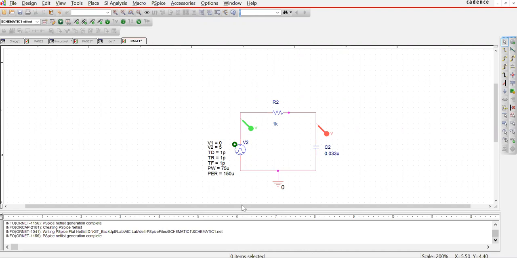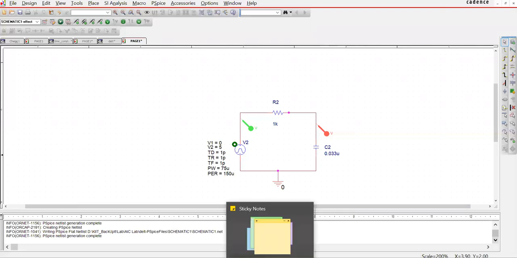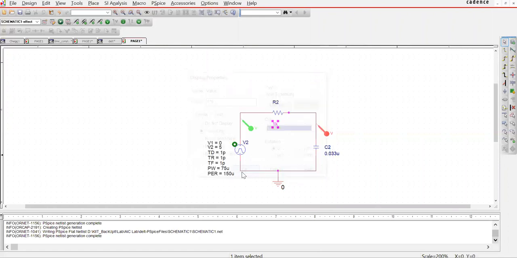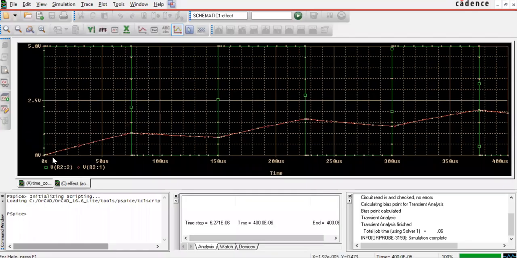Now, third one, let's see the analysis to show what the effect of the time constant is. Now in the first case, let's make the time constant very large. So what will happen now? If the time constant is very large, then we can see it is working as an integrator, right? It is working as an integrator. This is a pulse. For a square, integration is triangular. So this is the triangular shape we are getting. Now, of course, you can see an improved magnitude here because of the storage capacity of the capacitor.